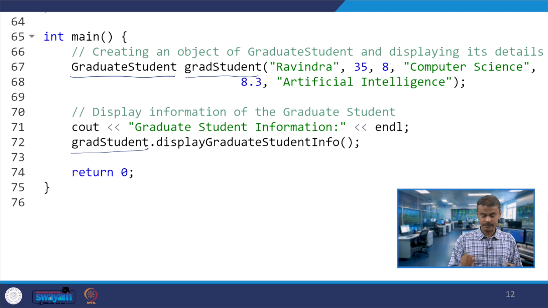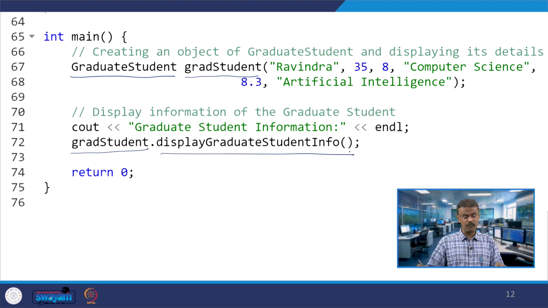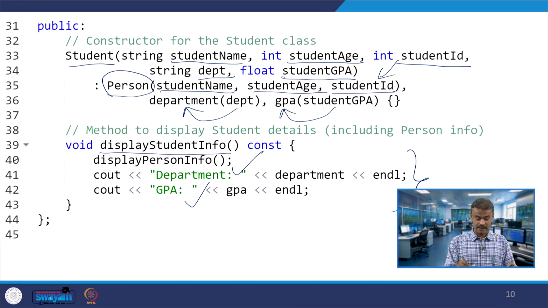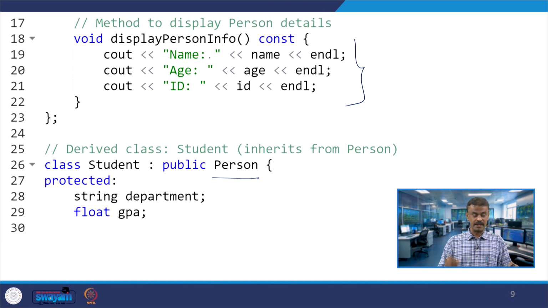When the grad student object invokes display graduate student info, that will call the display student info method. The display student info method is available over here, and that will call display person info. The display person info is available here: first name will be printed, age will be printed, then ID will be printed.